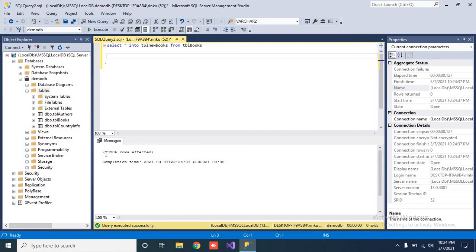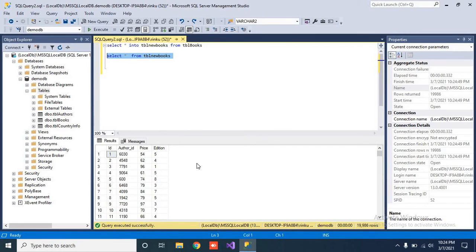Now you will find that 19,986 rows affected. Now just perform SELECT * FROM tbl_new_books. Here you will see that the data has been copied from tbl_books into tbl_new_books. It will not affect the existing table.